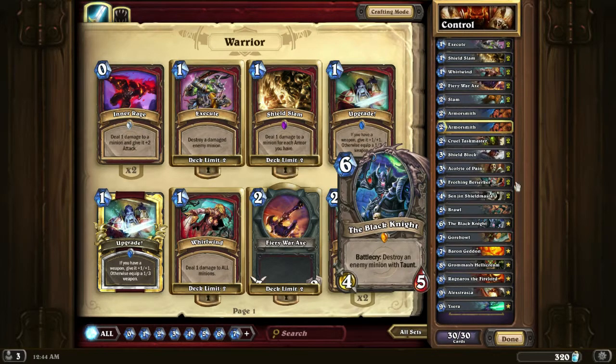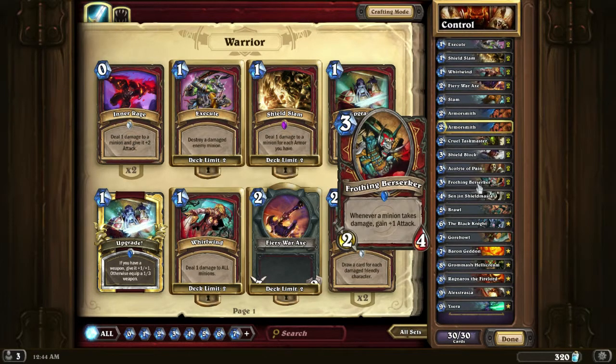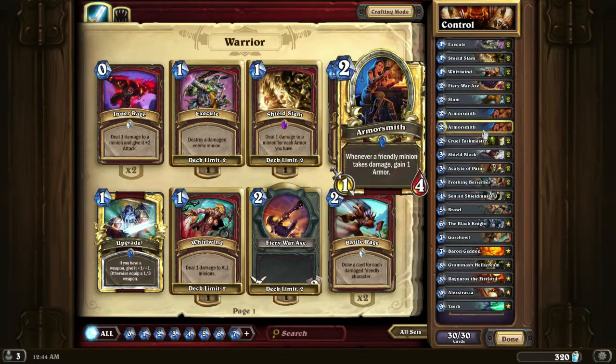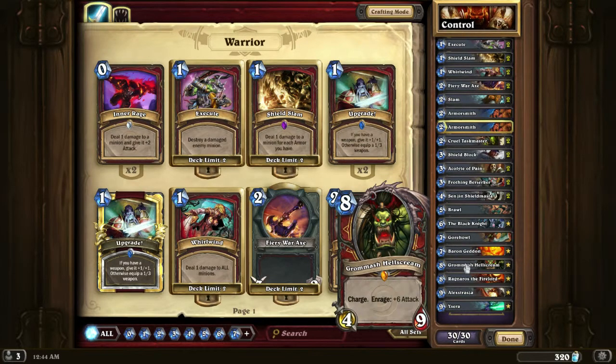Yeah. So basically, the idea of this deck is a lot of buffing of cards. We've got Frothing Berserker, which is one of the best cards in this deck. Gains a lot of attack when minions are taking damage. We've got the Armorsmith giving you armor buffs. You've got Cruel Taskmaster to give its buff, which goes great with Grommash Hellscream, enrages, things like